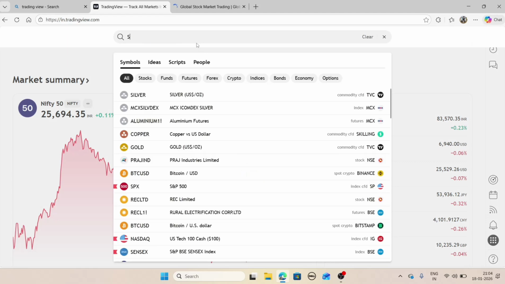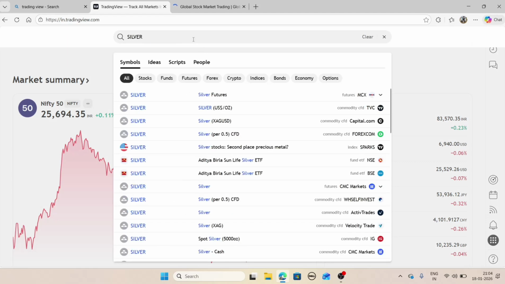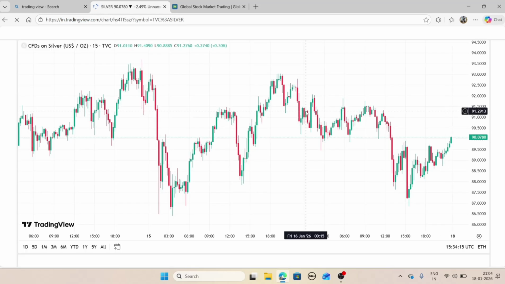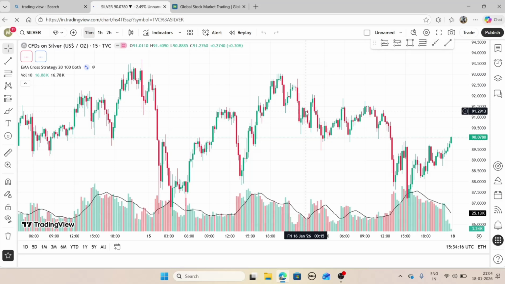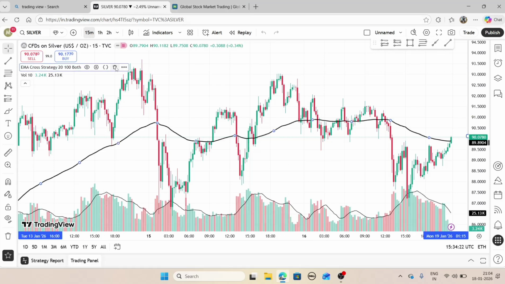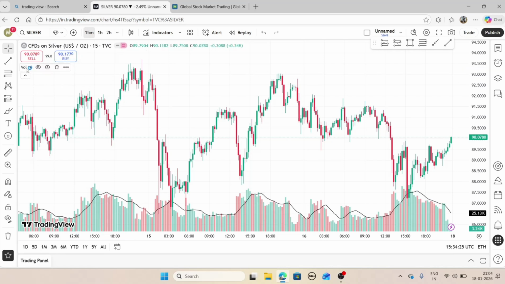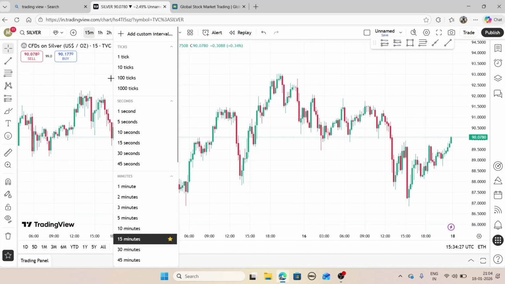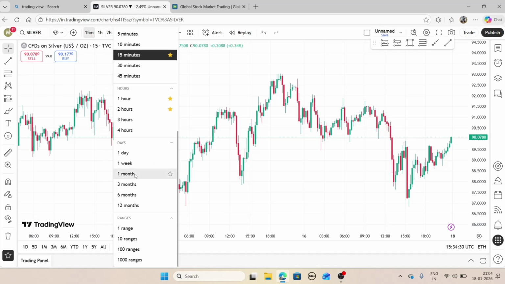So the main reason I am making this video is that silver is giving very excellent returns. If I am not wrong, within 6 months only it has gone up 150%. In this kind of market, where the Indian stock market is doing very badly and small caps and mid caps are doing very bad, this silver is still making huge returns. So let's start the video by looking at the chart.